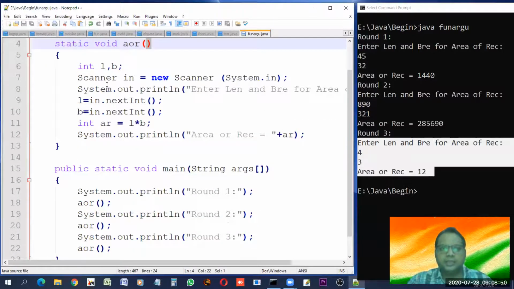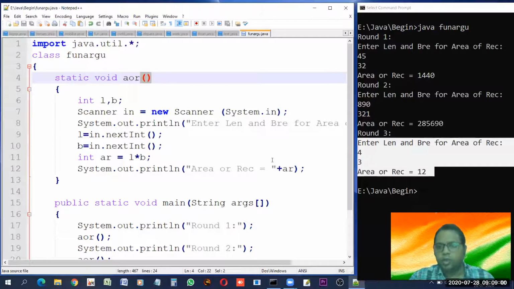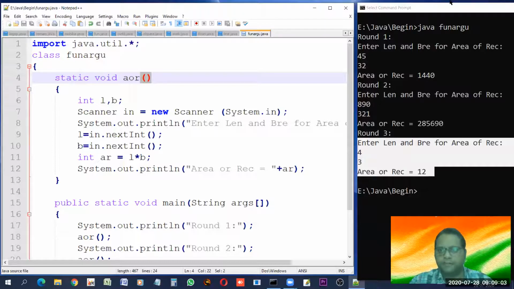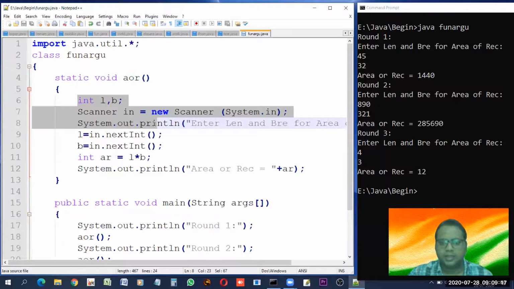In this function right now, what is there? We have not provided any data to this function. It means that it has no argument. What does this mean? It has no argument. So no arguments means what? It has no argument. Then from where does it get data? The data itself is being input in the function itself and the work is getting done.